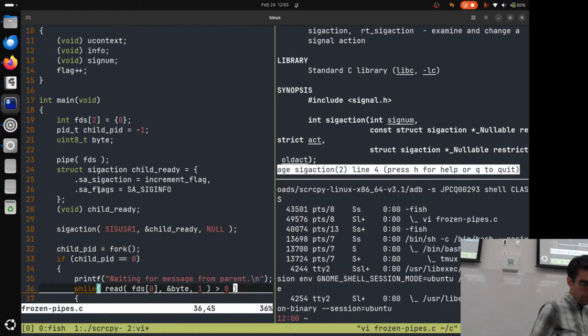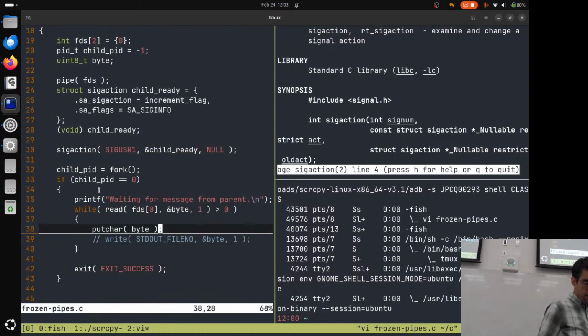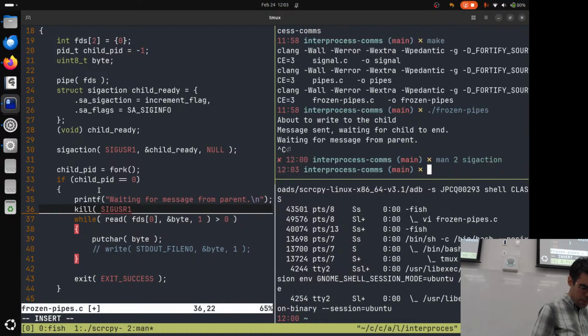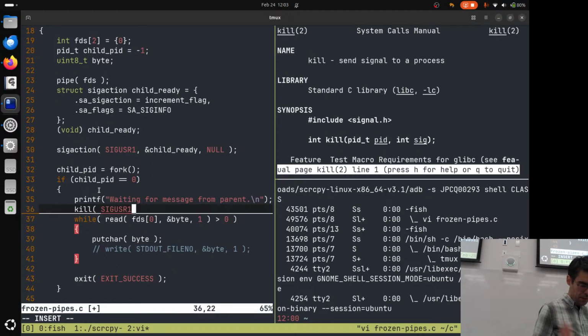Then my child process is going to kill the parent process. I have to make sure, because I always mess this up, the first one is the PID. Okay, I already messed this up. The first one is the PID, so I'm going to say getppid. I'm going to send the signal to my parent, and I'm going to send it SIGUSR1.